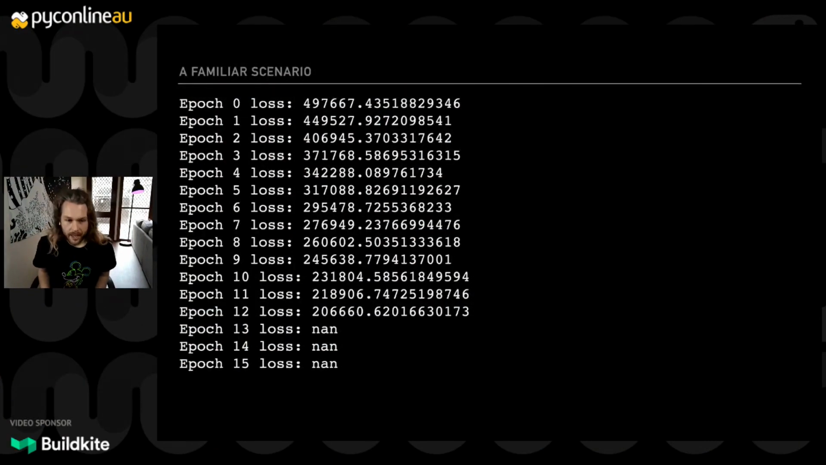There is a scenario that is all too familiar to many of us. You're training a model. You're watching the loss go down epoch by epoch until suddenly NaN. And you know at that point that your training is ruined. Your parameters are garbage and it's a floating disaster. So why does it happen? How can we prevent it? What does NaN even mean? Well, it's all because